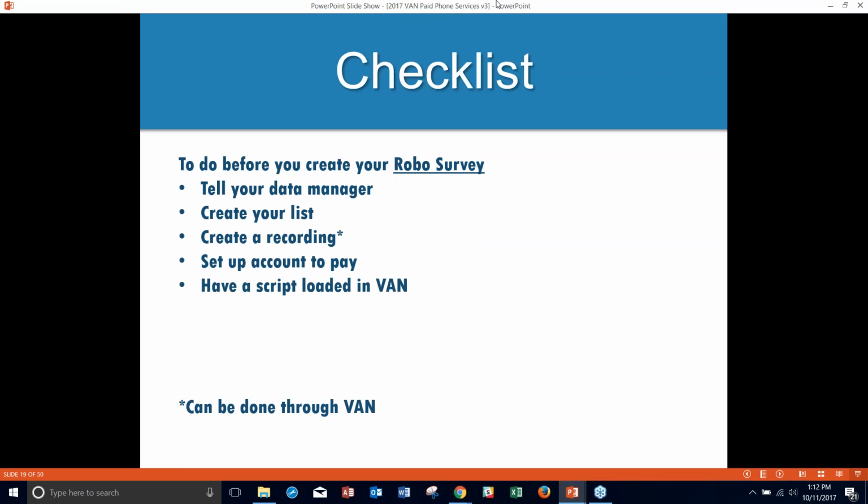And the Robo survey as well, basically the same list as before, but it's nice to have a script actually loaded into VAN. And so you can actually use this as the basis for the Robo survey script. When we create the script, you can create it from scratch, or you can import a script that's already loaded into VAN as the basis for it. It's a lot easier to use that as the basis rather than creating one from scratch,